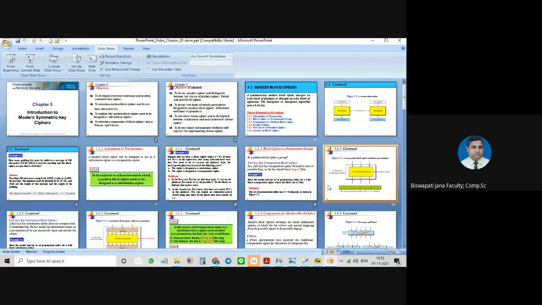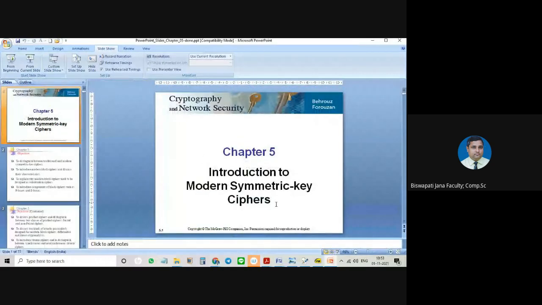So today these are the parts we have discussed, that is the modern symmetric cipher. If you have any question,